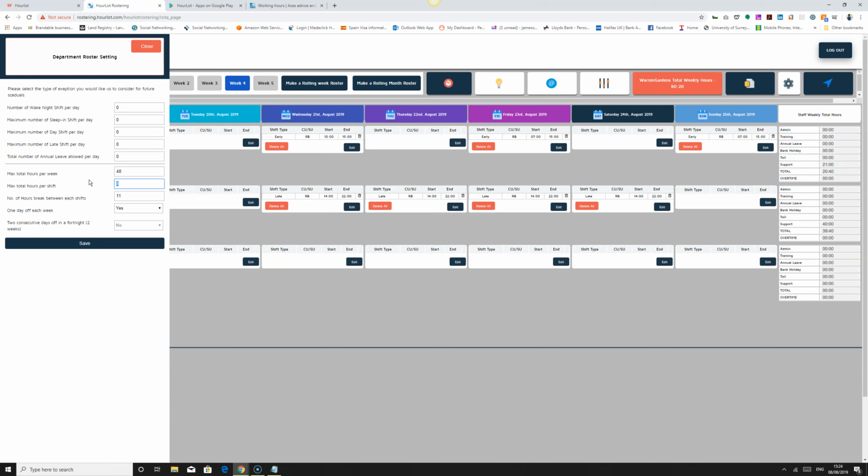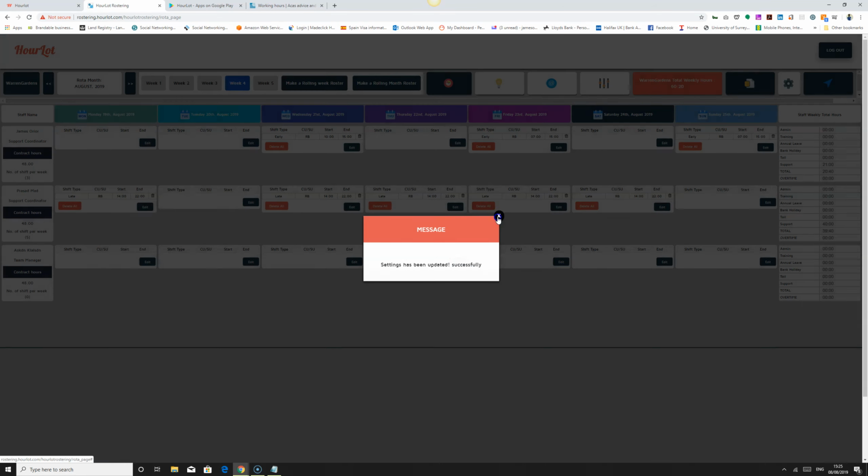And there's flexibility. Sometimes things could happen, and they might be able to do overtime, but that should not be a common practice. The standard practice should be that they cannot work more than a certain number of hours. So let's say they can't work more than 12 hours maximum. We save that, and it has been saved.